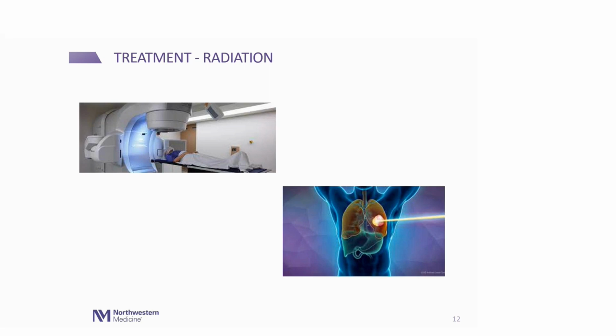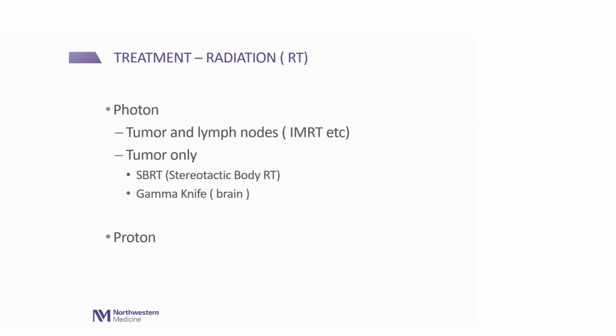And this is what it looks like when they do their scans. The radiation oncologists do their scans and their own imaging. These powerful x-rays go, hit on the tumor there, killing the tumor and shrinking that there. Again, this is very, very basic for radiation. I'm no expert, I'm no radiation oncologist, but this is typically what they say, types of radiation treatments. Photon treatment, which is the general type of radiation treatment we talk about. And then there is proton, which is another type.